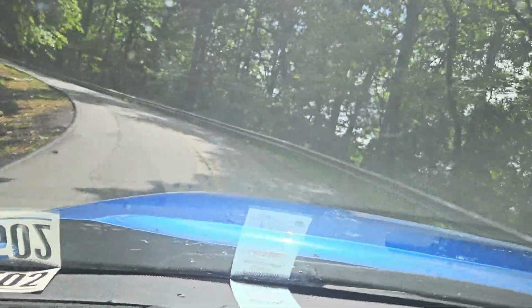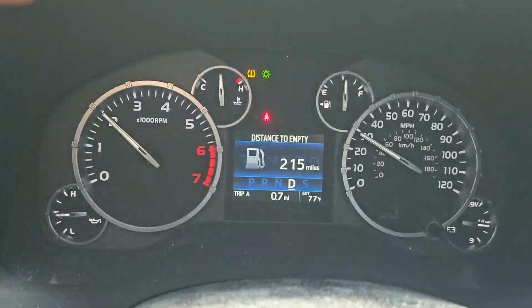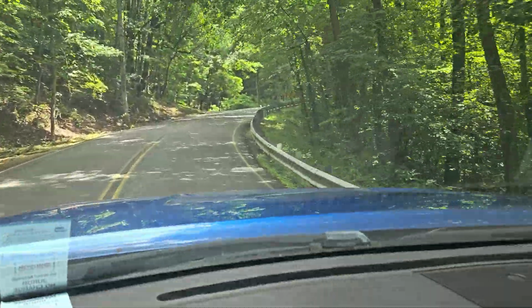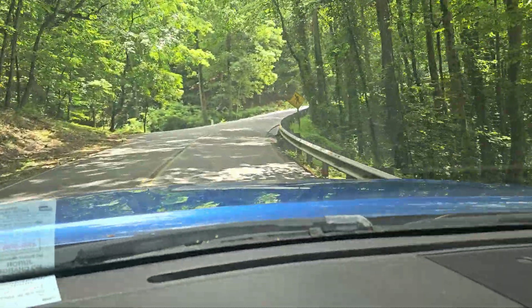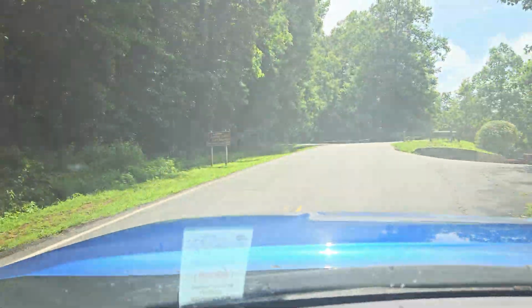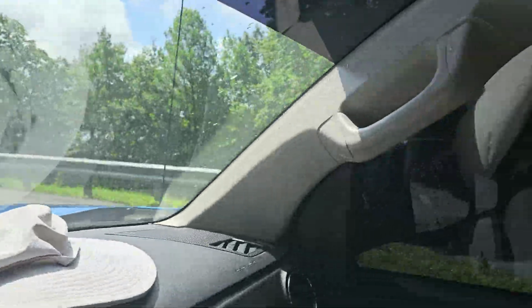Make the left turn here. Right now we're only about 0.7, so 7/10 of a mile in, and I'm having to punch it a little bit to get up this just with my truck and nobody else inside the truck. Right here is West Ridge Trail to Waterfall, the Mount Laurel Loop. There to your right,